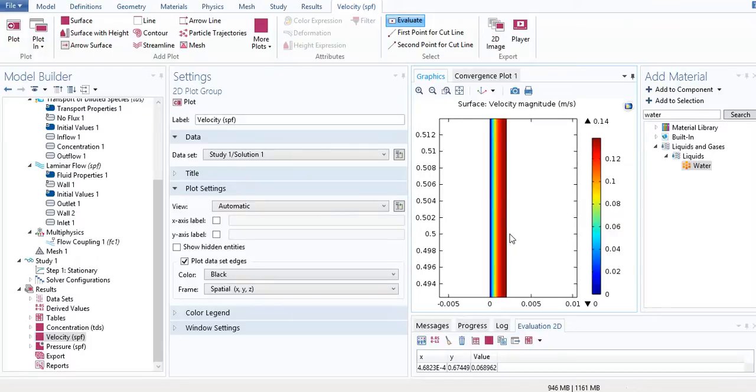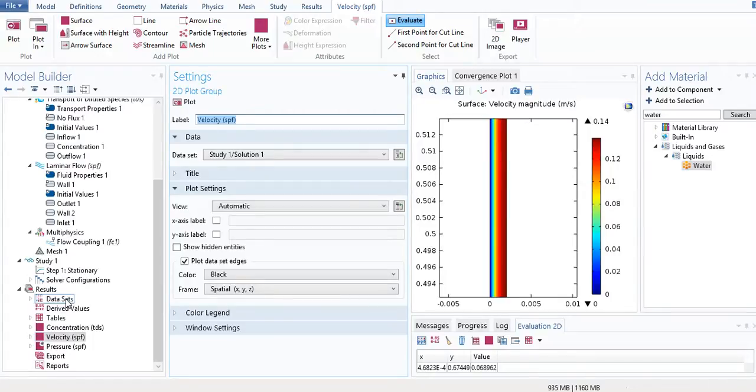And in a similar way, we can plot the variation of the velocity. And we can also plot the variation, say, of the concentration from top to bottom along the center line. So let's start with the height of 0.5. And to do that, we'll start with